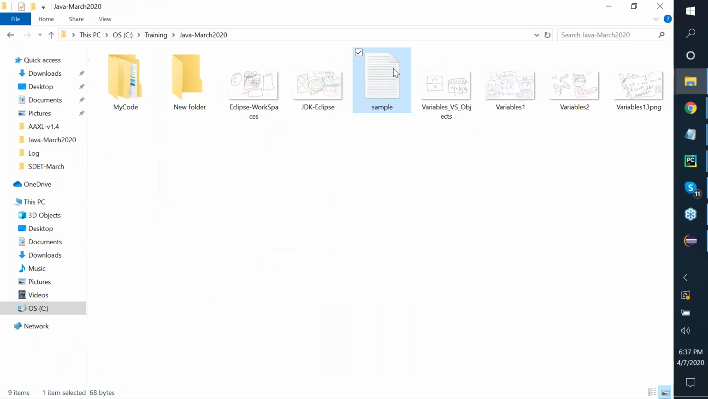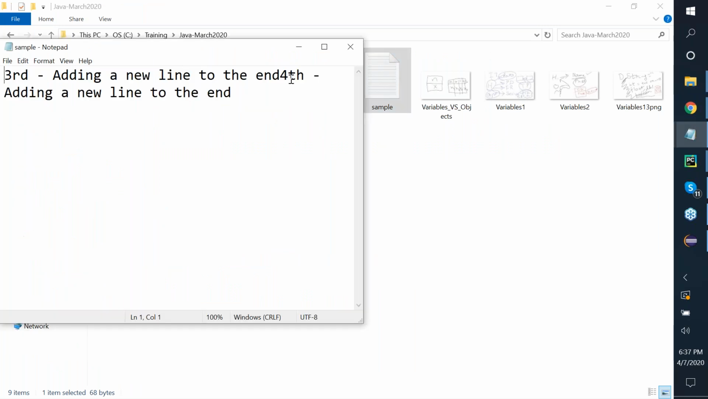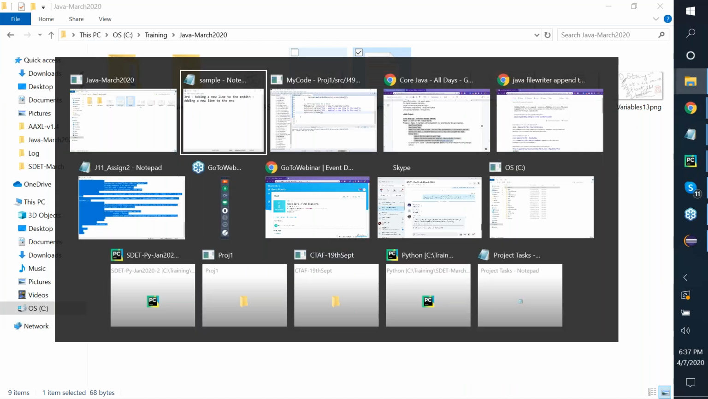But now the data should be here. So third, adding a new line to the end. Fourth, adding, oh no, it's overwriting it, team. It's not appending it. Let's try append now. See, whenever I write this,